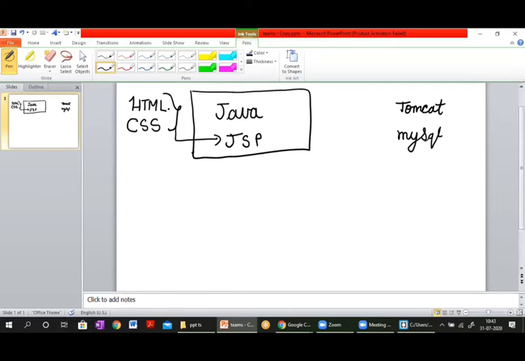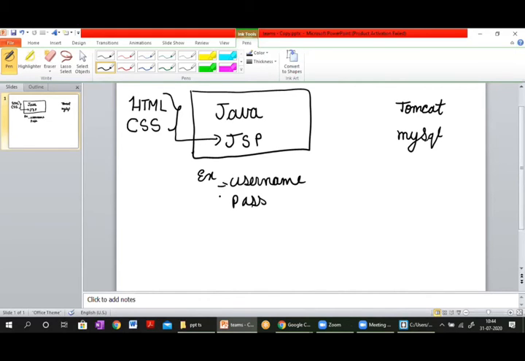We will give action to our pages, what they should understand and what they should do. For example, in Java, when I give a username and a password,